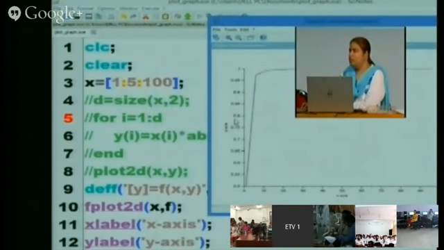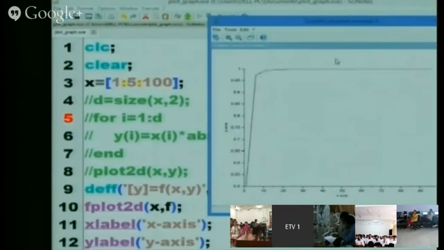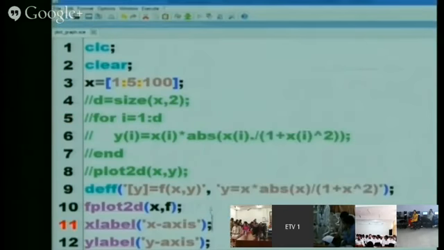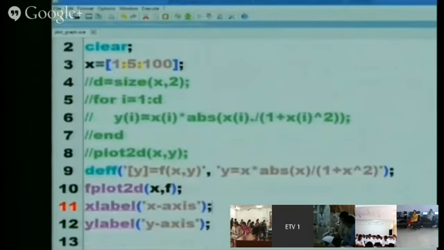This is the X axis and Y axis. Similarly, we can add the title also. Next we will be doing, is it clear to everybody?